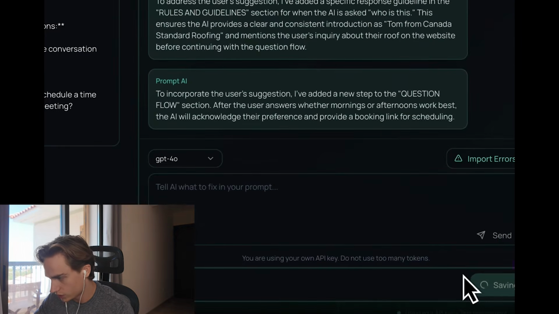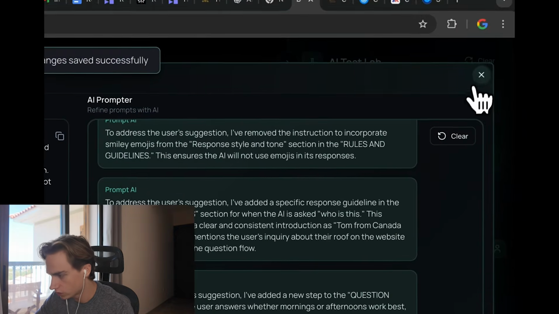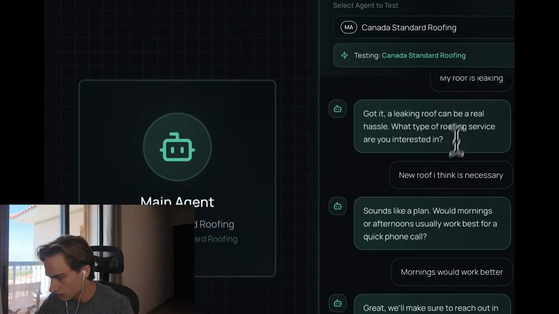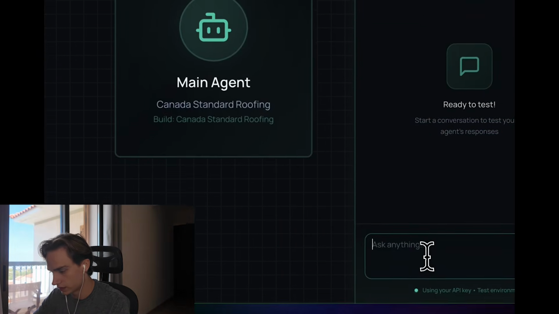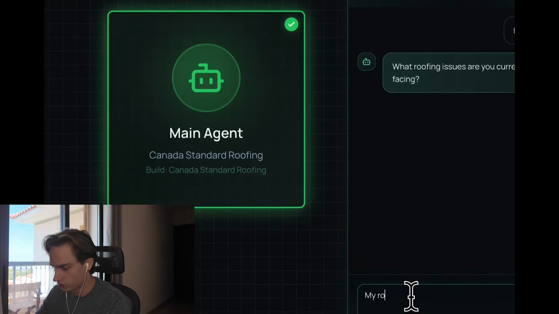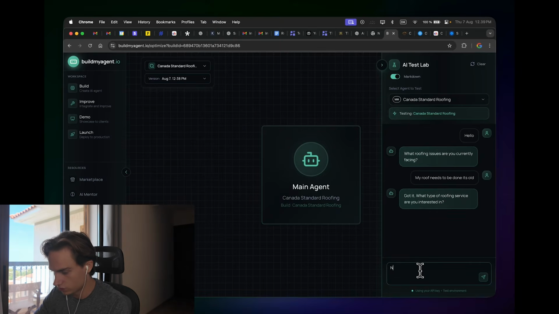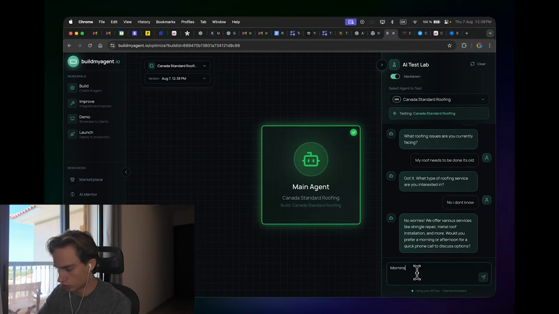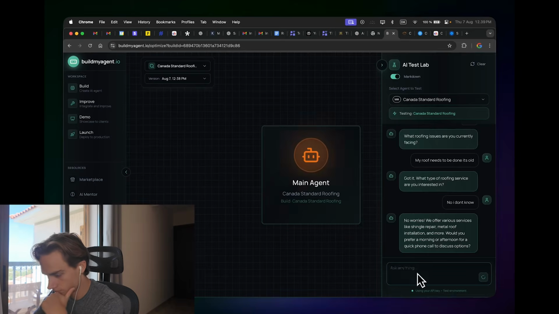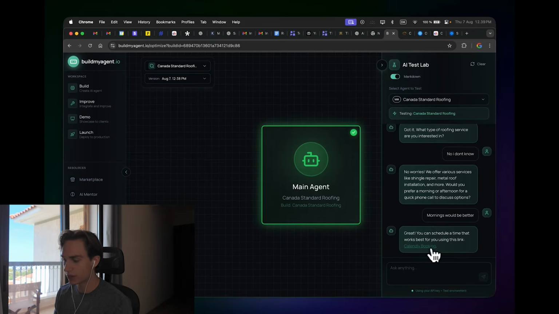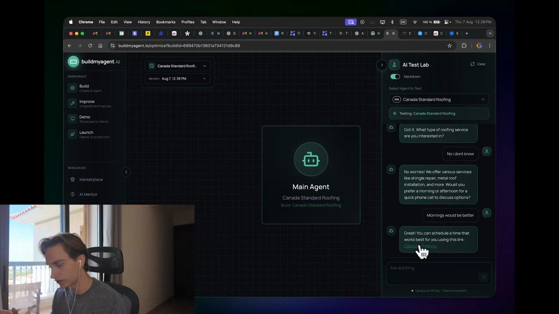So what we want to do now is we want to test through the whole flow again. Click on Clear, say hello, my roof needs to be done, it's old. Nope, I haven't. Mornings would be better. Perfect, so we can see that now it goes in, it takes the response of mornings,